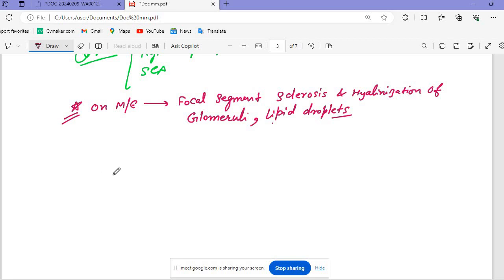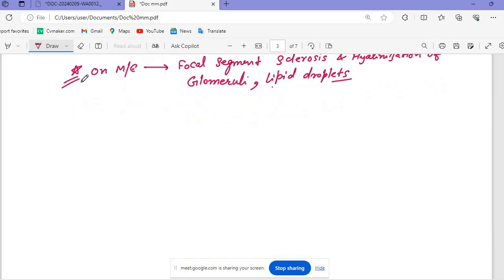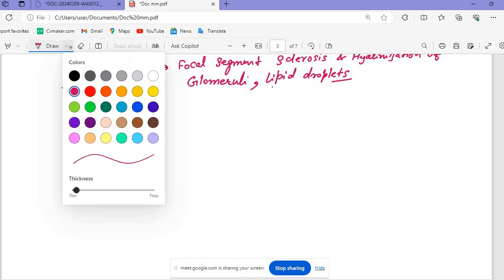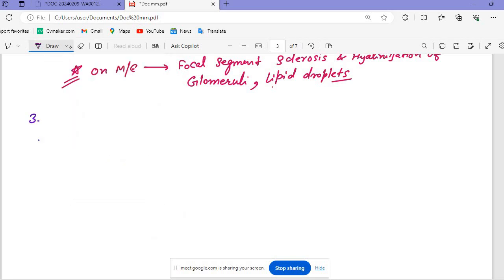Membranous glomerulonephritis, the third one we have. The membranous glomerulonephritis is the most common form in elderly patients. If you have an elderly patient, that is the most commonly seen case, and